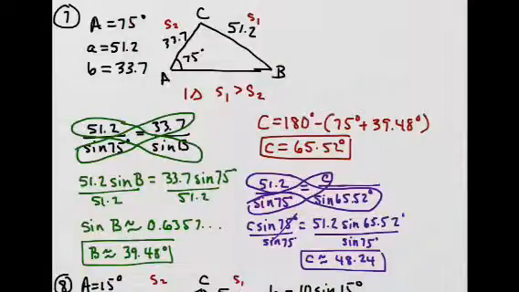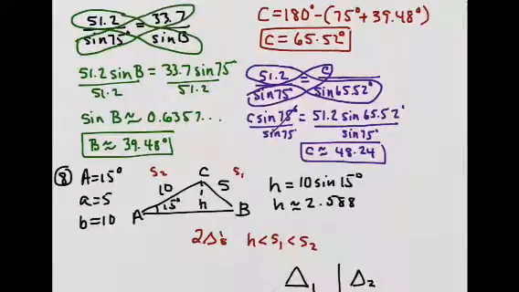You cross multiply. You get this line right here. And then you're going to divide by sine 75 on both sides. Okay. Put this into your calculator and you get C equals 48°24'. And those are the 3 missing pieces. Number 8,